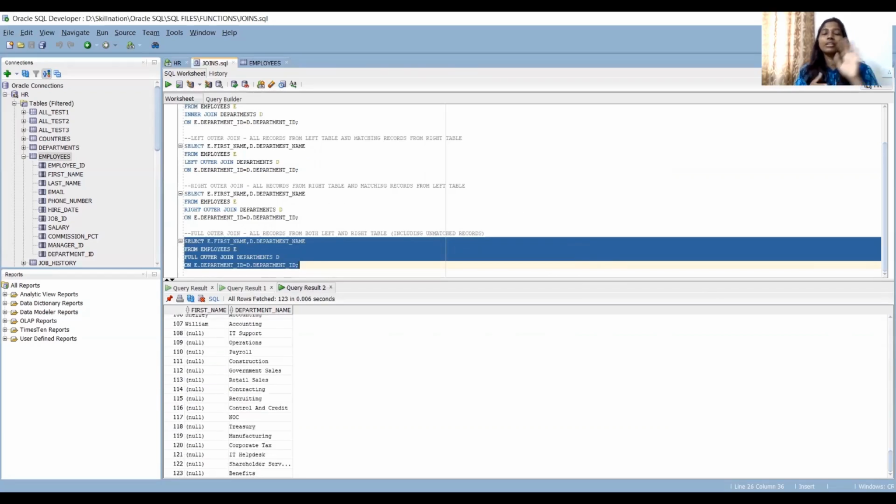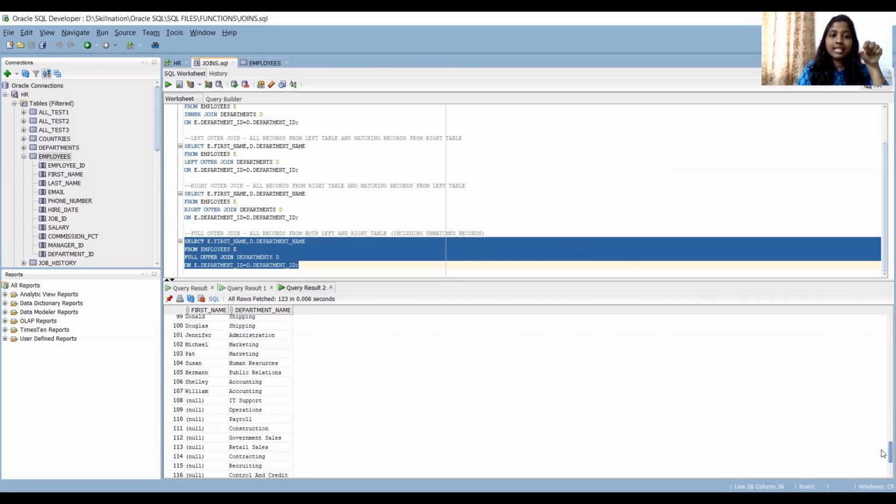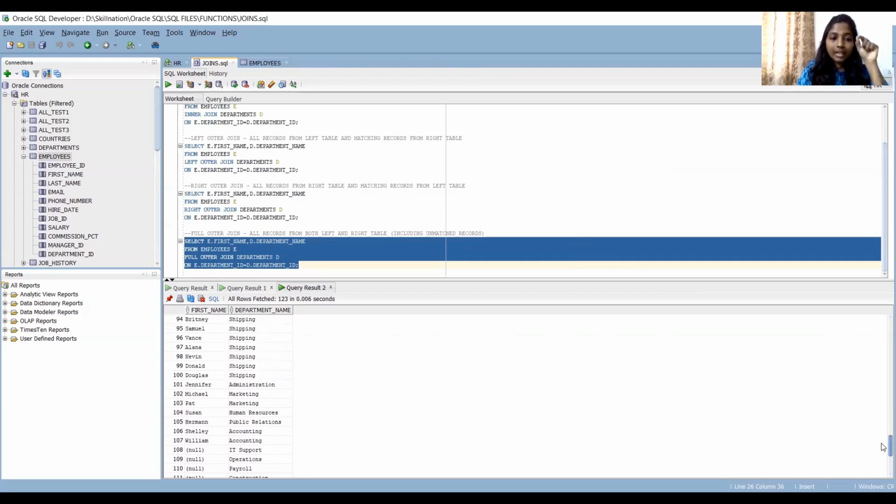Why have we got 123? All the matching records from the employees table, meaning 106, and whatever is left out, so 122. Now Kimberly has also been added, because full outer join actually takes Kimberly into account.